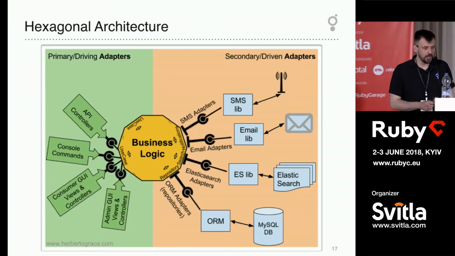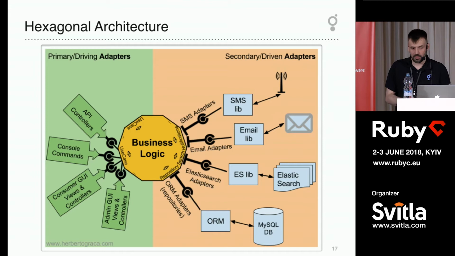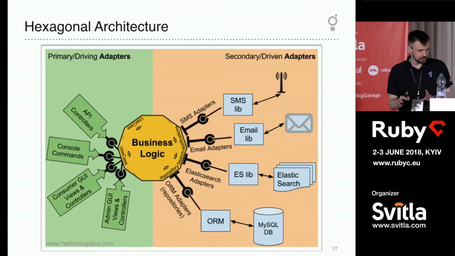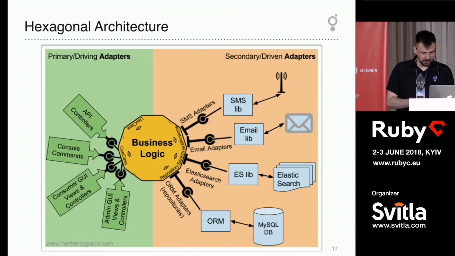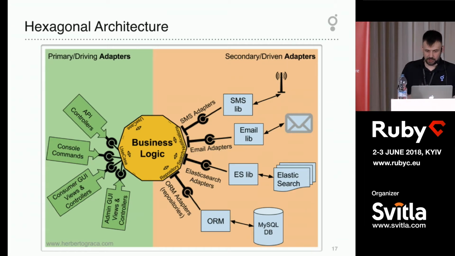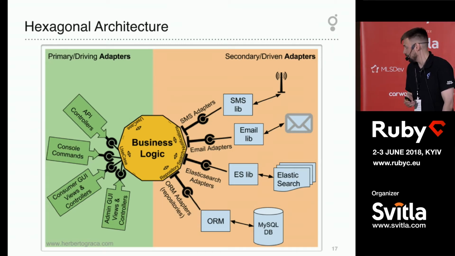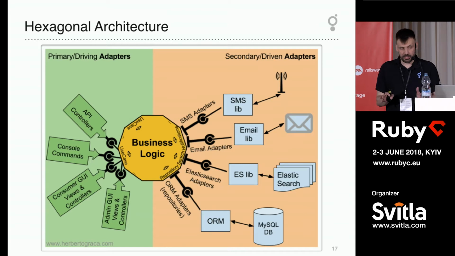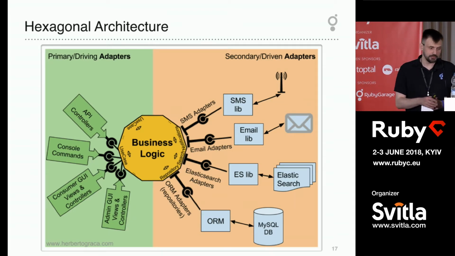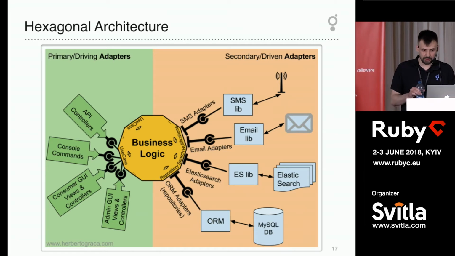It means all our business logic is independent inside our application, and all external services and databases, whatever services we try to use, should be isolated, and for each service we need some kind of adapter to connect and work with it. And if we want to change some service outside of our application, we can do it very simply, because it's not integrated into our business logic. We just need to rewrite the adapter.